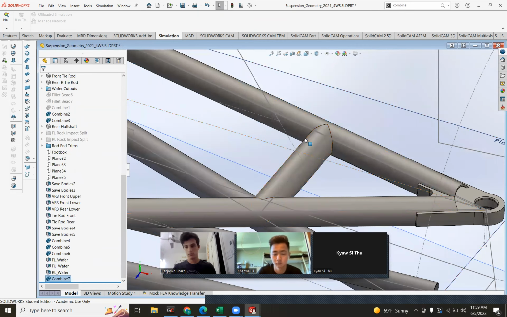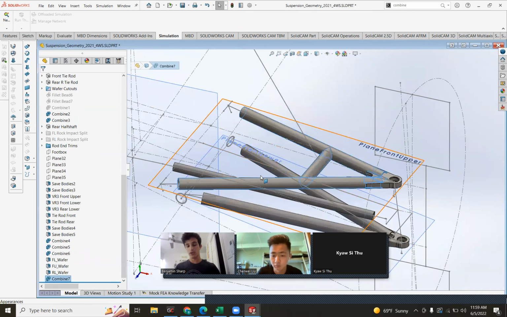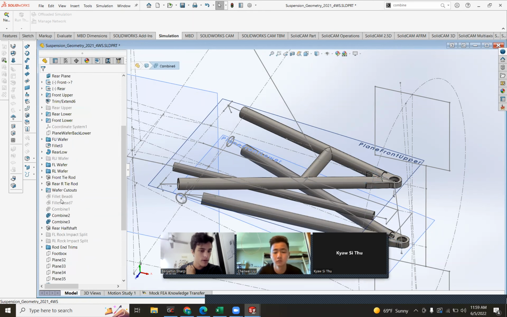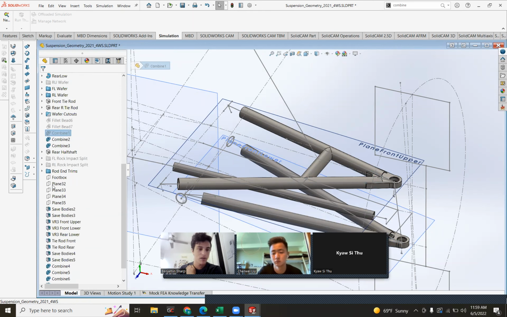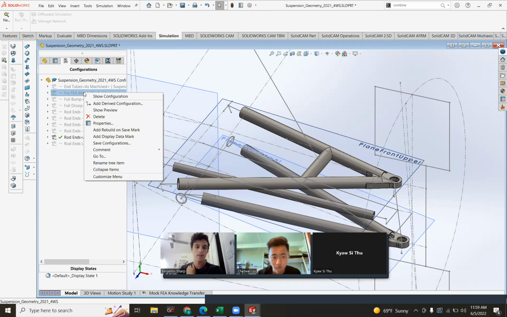And now we have one part according to SolidWorks, which is going to be better for FEA. But when you try to export, it's going to be harder to do the drawings well. So what I did at one point was some combined features, but I did them in a different configuration called for FEA. It's broken now, but